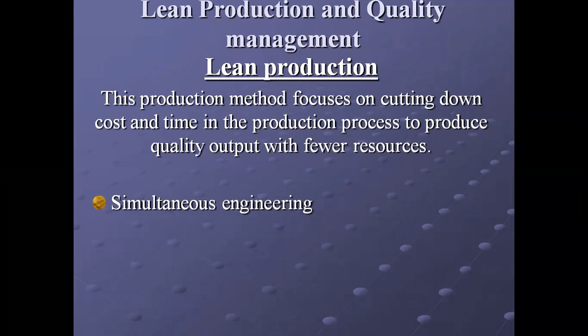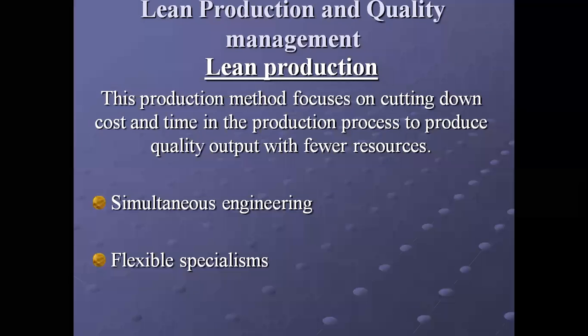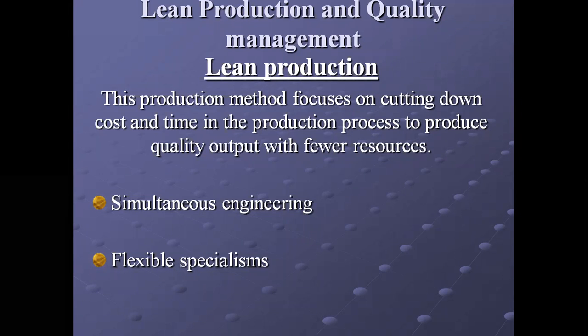Okay, moving forward. Next concept, which is again very important for lean production, that is flexible specialism. Now, what is that? It is a concept related to specialization. When we talk about specialization, it means workers perform only one task at a time and repeat that task. For example, I teach business, so I keep on teaching business the whole day, to different schools and classes. This is specialization. But flexible specialism means when workers are able to do different tasks or a variety of tasks. And they do have the specialization as well.